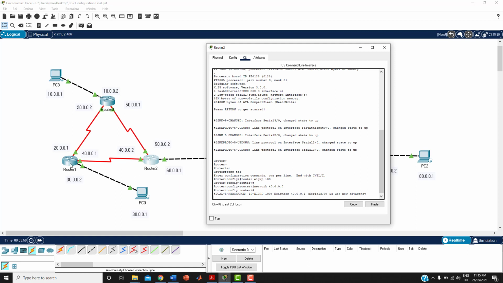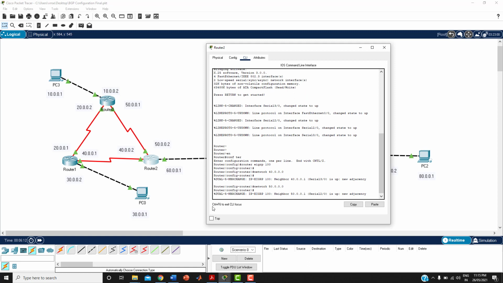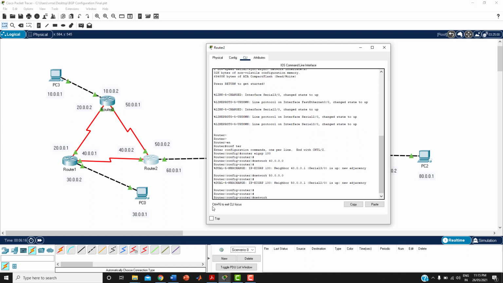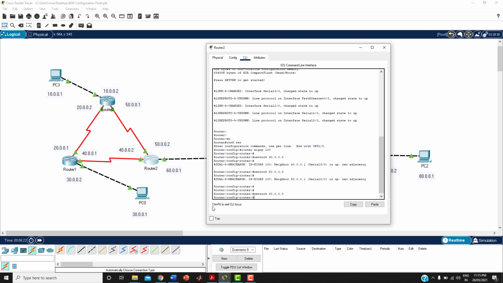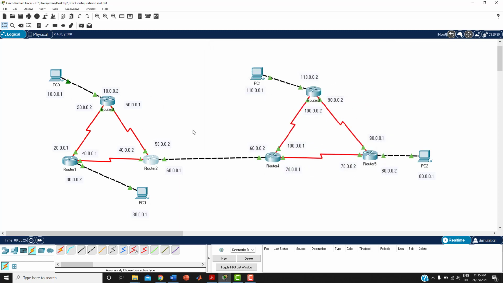That means router 1 and router 2 have started communicating with adjacency, that is, with the neighbors. Then network 50.0.0.0 and network 60.0.0.0. So we enabled the EIGRP routing protocol in all three routers.